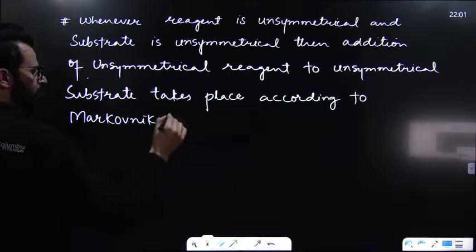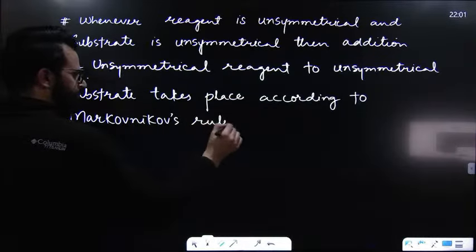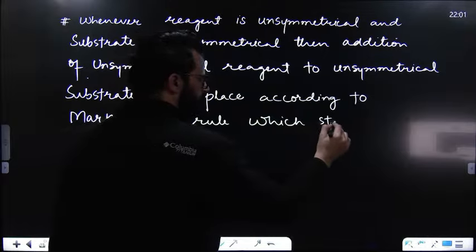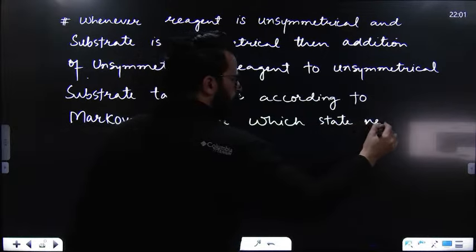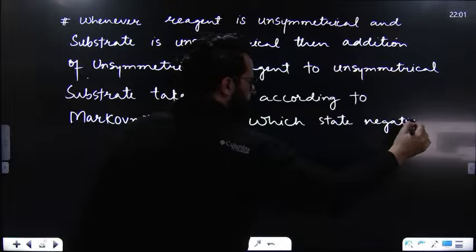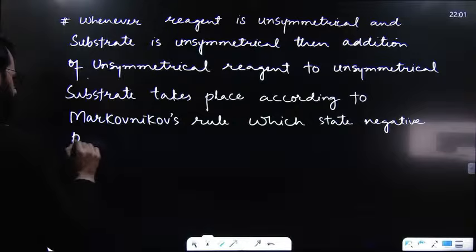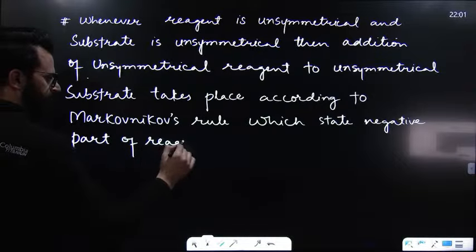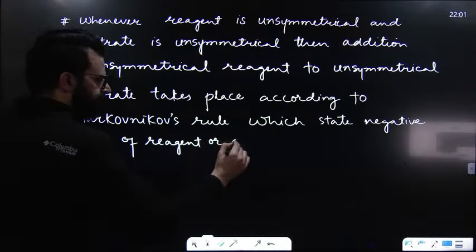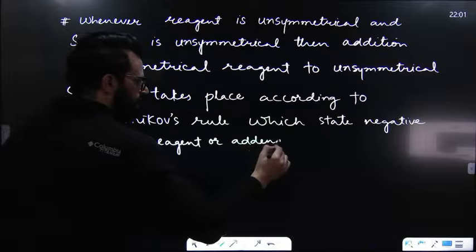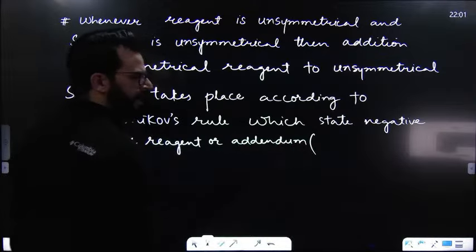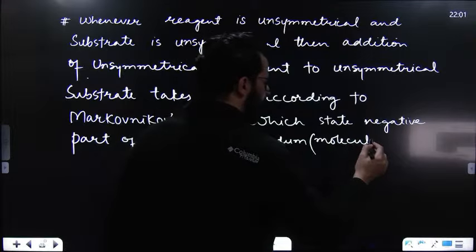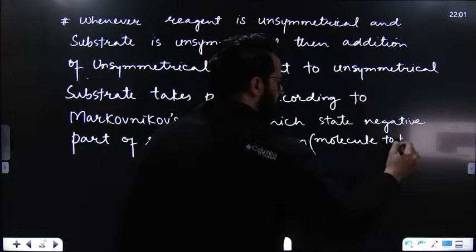It takes place according to Markovnikov's rule, which states that the negative part of the reagent or addendum, basically the reagent here is the molecule to be added, and the molecule to be added is known as addendum. The negative part of the addendum, that means the molecule to be added,